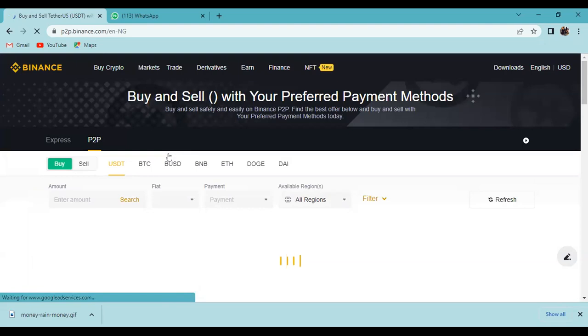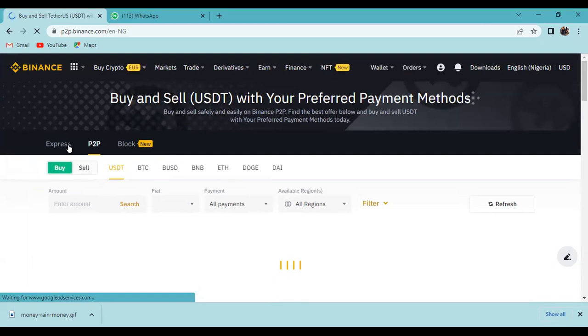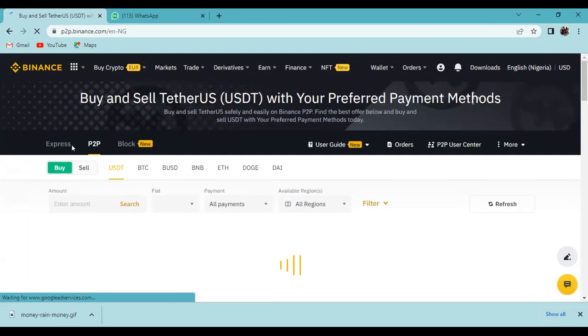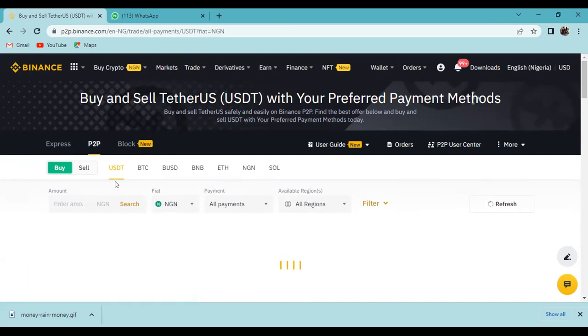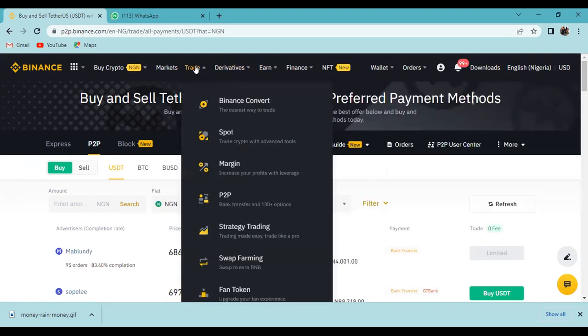That means you're going to a peer, somebody that has it. Once you get here, you buy your stable coin or your BTC. I usually like stable coin because it's stable.